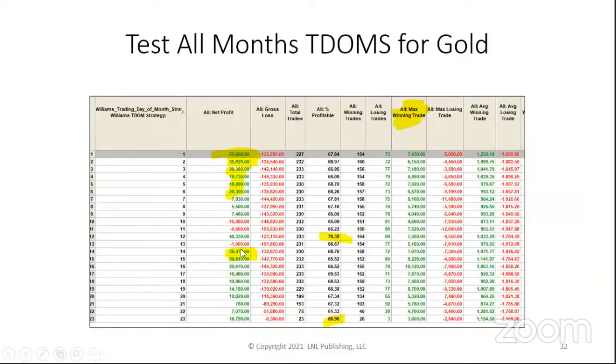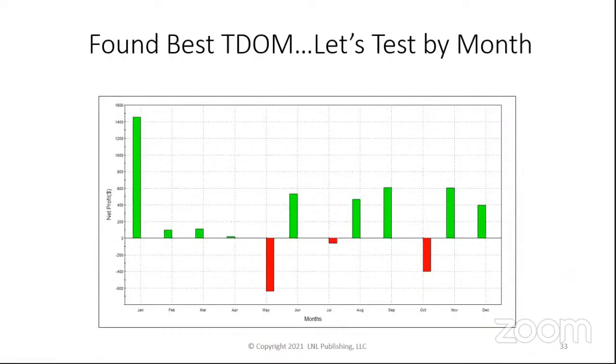But remember, not all days are created equally. So we can then just go to TradeStation and say, well, okay, how about month by month? Well, you don't want to do it in May or July or October. The first trading day of the month hasn't been that good. It's been a killer for January, so for February and March. Really good for June. So now we've added another dimension to this, haven't we? Now we're looking at each month because months trade different. There's a seasonal pattern. Usually gold rallies in August and September. And so you can focus in on those months.